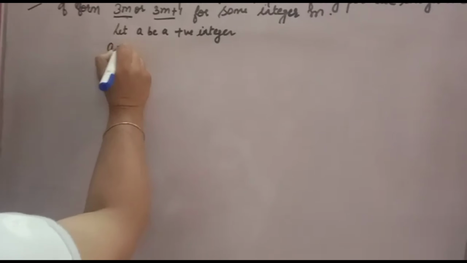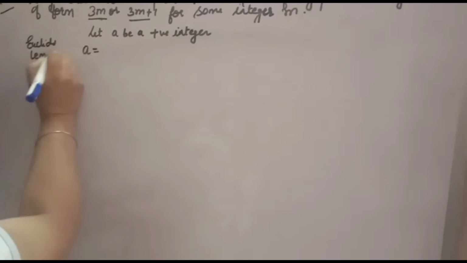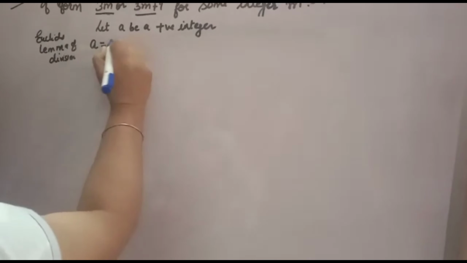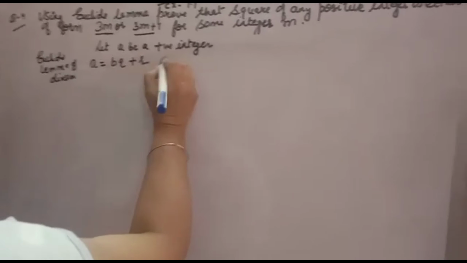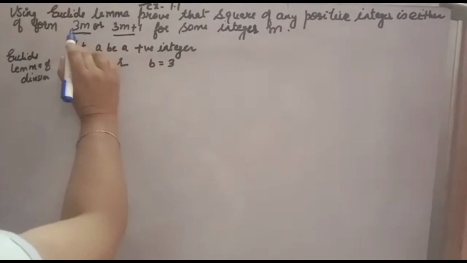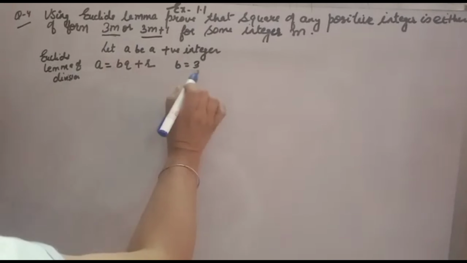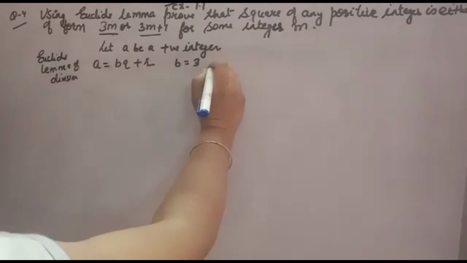So, according to Euclid's lemma of division, you know that a is equal to bq plus r. Now b is 3, because here 3 is written with the positive integer with integer m, therefore you will take b as 3. If b is 3 you are taking, then what will be the value of r? Possible value of r will be,